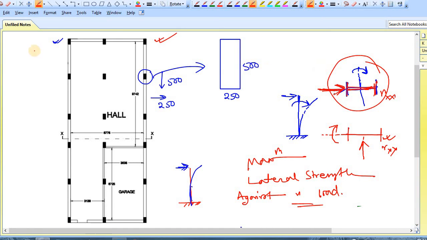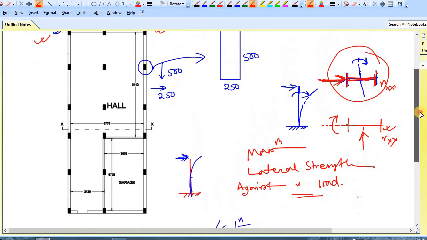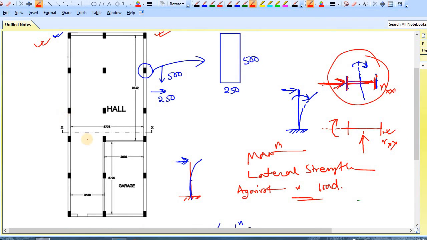Now come back to this building problem. From this plan, let's consider the whole building plan as a column, with this width of 7 meters and this length of 15 meters.